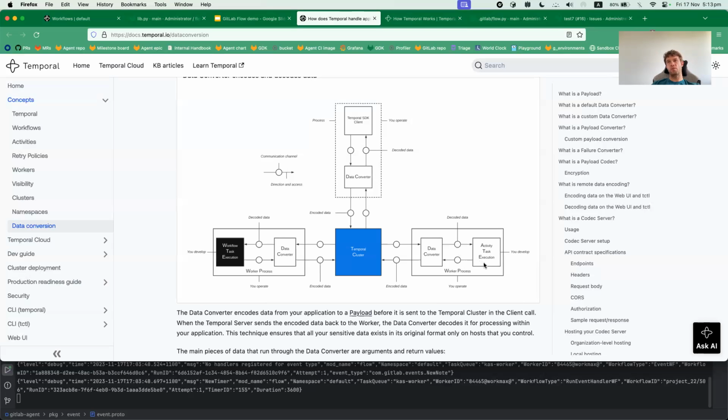So I'm using protobufs for payloads and results. This just serializes the protobuf into bytes. But it can also, and that's what they talk about in the docs, the payload converter. You can encrypt this, and the Temporal server actually doesn't see what data you are sending and receiving. So yeah, this is really great for security and